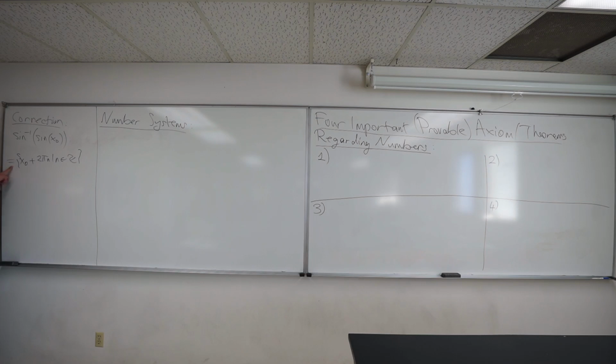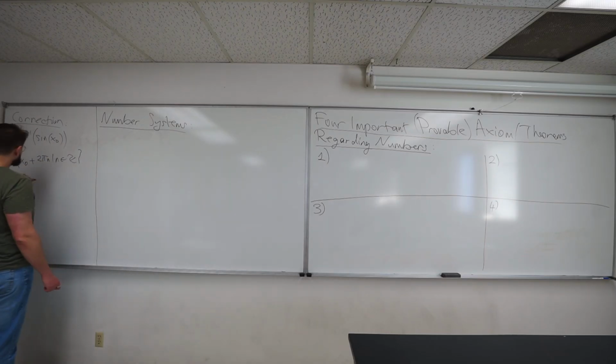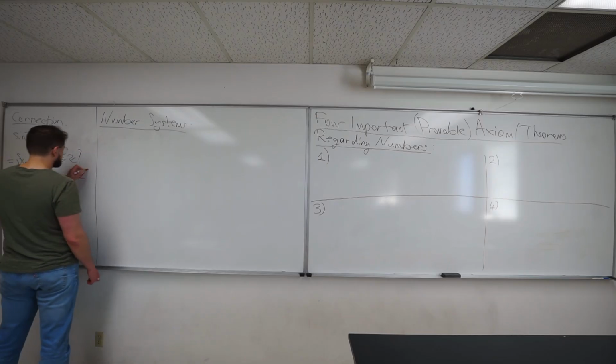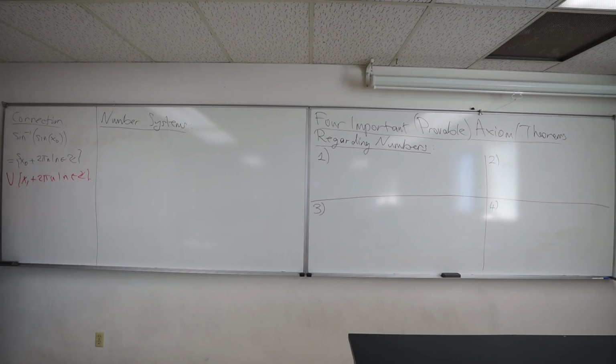And yesterday I gave this equality, but when you think about it, this is not quite correct. This is a subset. I should add something here. So union x1 plus 2 pi n, where n is an arbitrary integer. The point here being, let's just look at one phase here. Okay, this is one part of this sine function. And once you fix an x0, say it's over here,